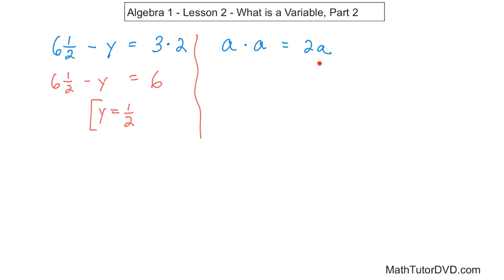This one is a little bit more difficult. Sometimes you look at these things and you can't really see what the value of a is, such that when I put it over here, multiplying it by itself is the same thing as 2 times a. So my advice is if you don't